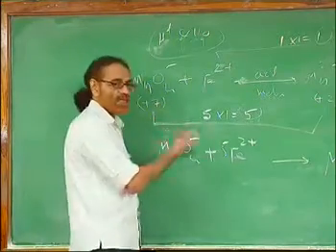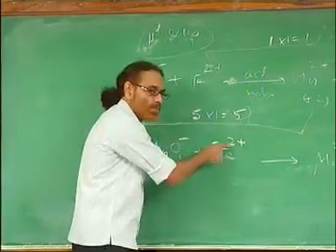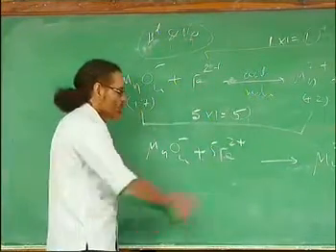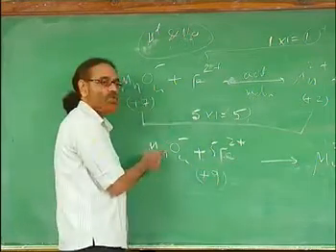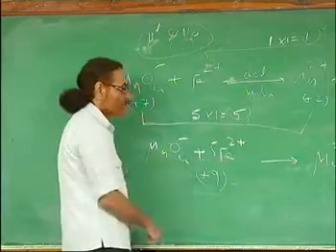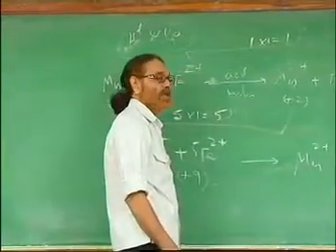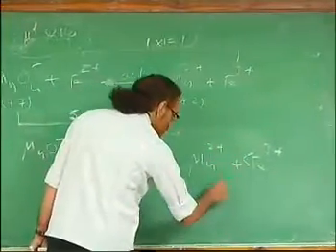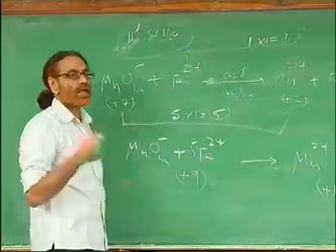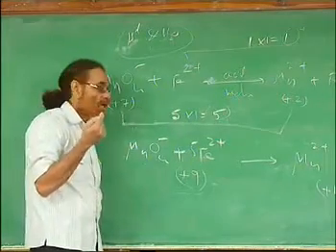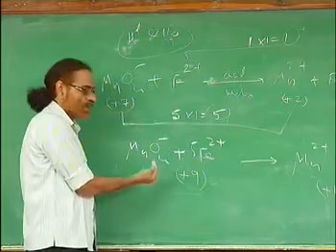Total charges on the left side and right side are to be carefully counted. 1 minus charge here, 5 into 2 plus, 10 plus charges. So the net of this is minus 1 plus 10, net is plus 9. Look at the other side. 2 plus and 5 into 3, 15. 15 plus 2, plus 17. Plus 9 versus plus 17, a difference of 8 units of charge. Because it is 8 units, this side is 8 units less in plus charge, and that is